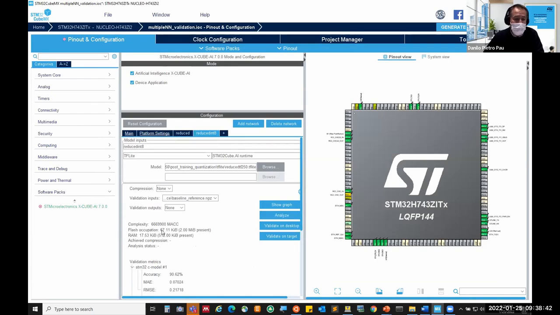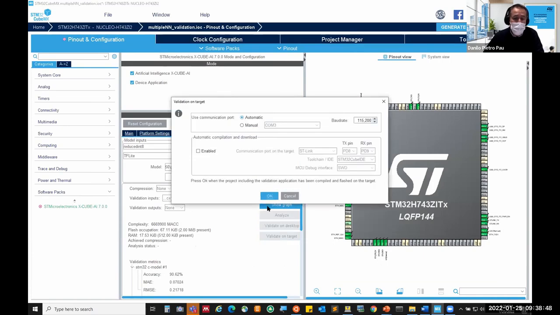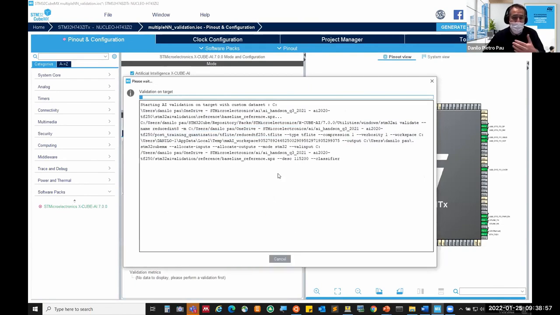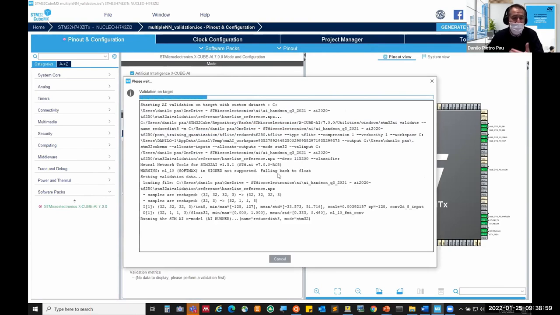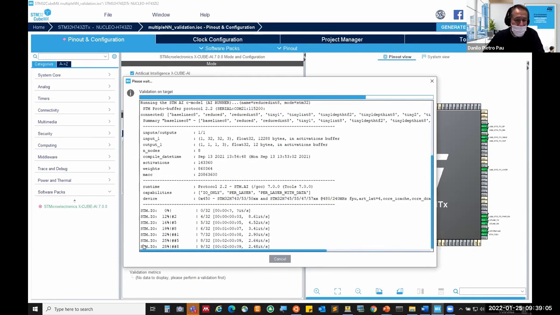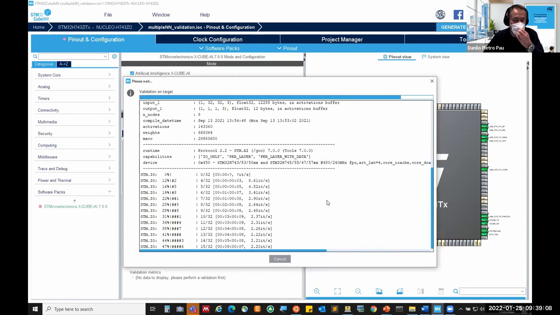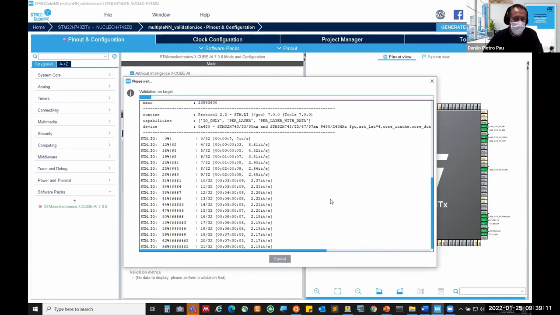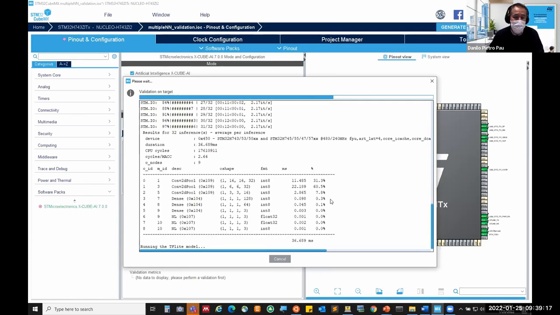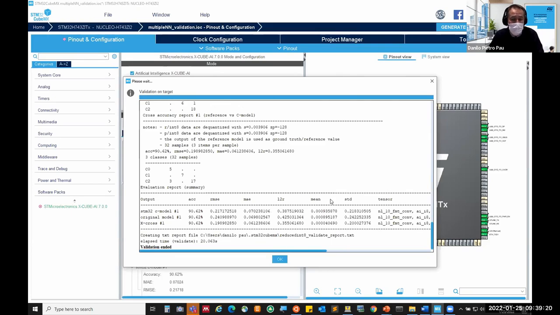So I import my favorite neural network. I can analyze it, getting the complexity and the memory occupation, and also validate on the target where I essentially generate the code and deploy it. After execution on a certain set of data, I will get a number of pieces of information. I will not go through all of them, but one is an accurate profiling on the target. So you can understand how productive this can be, because it's a matter of minutes to achieve this without huge expertise.